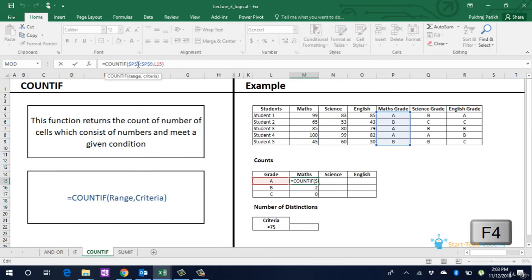Remember to put dollar sign appropriately before extending the formula. You can refer our previous lecture to see how to put dollar signs in the formulas before extending them.